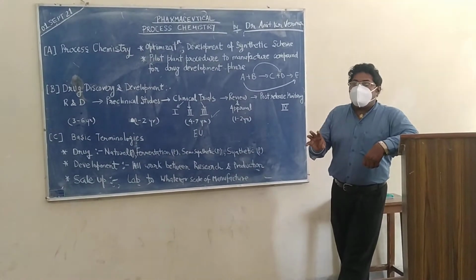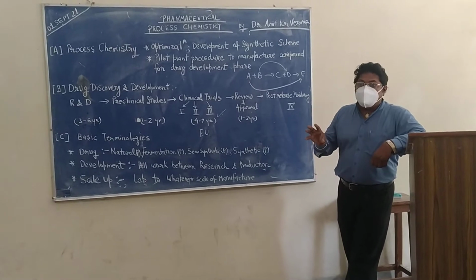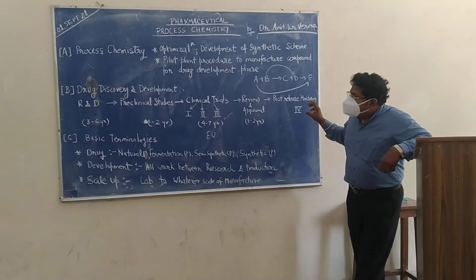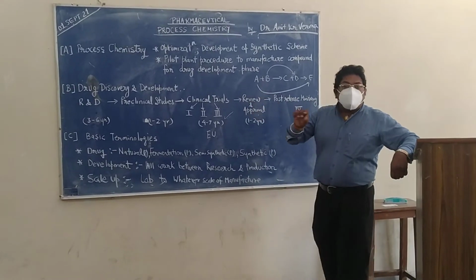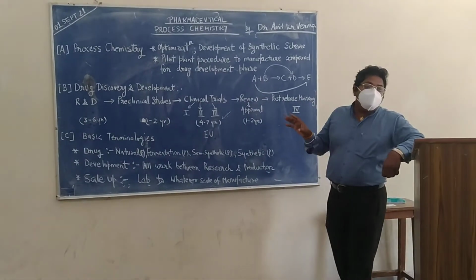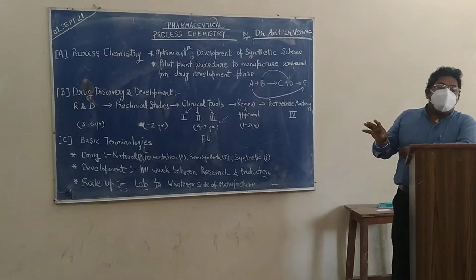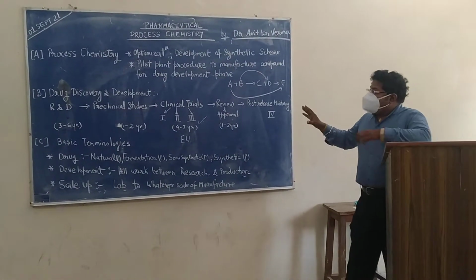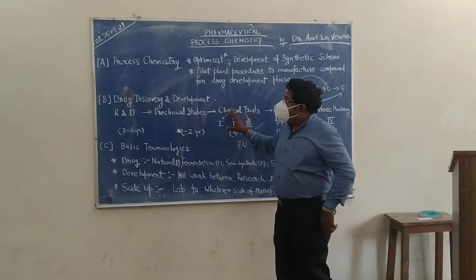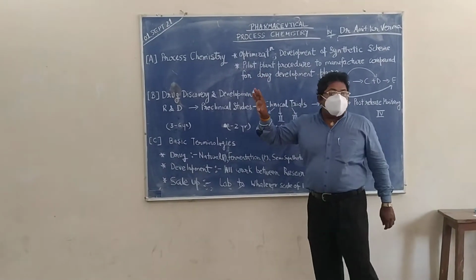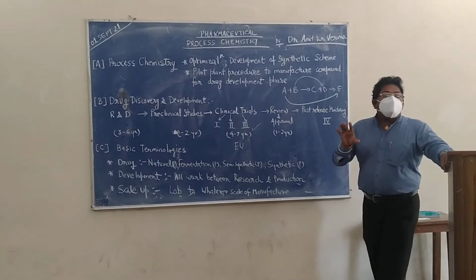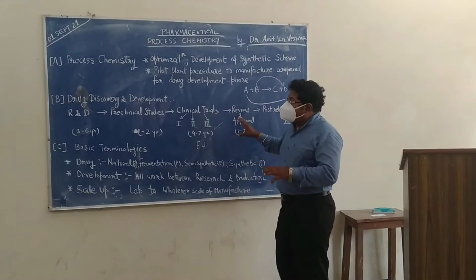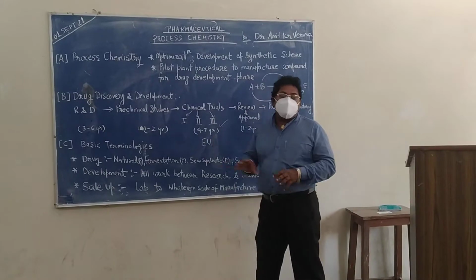And if something goes wrong, if it has a severe side effect, then the drug can be recalled also. So this whole process takes 12 to 16 years, depending upon the type of design or study we are doing. Why am I saying this? Because a process chemist who has knowledge of process chemistry does a lot of things during these processes.